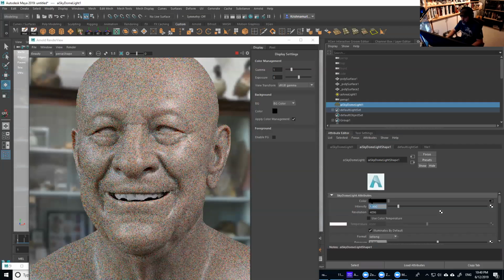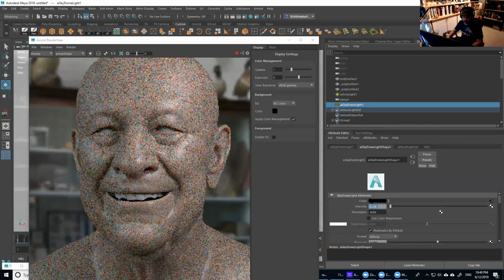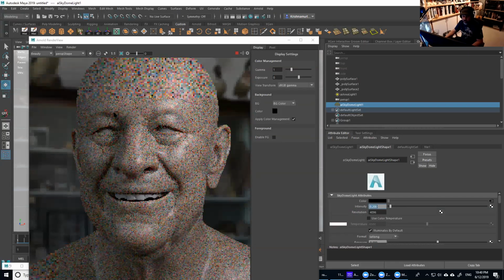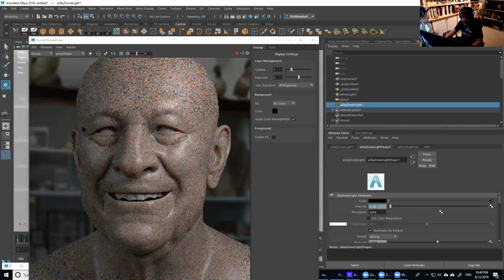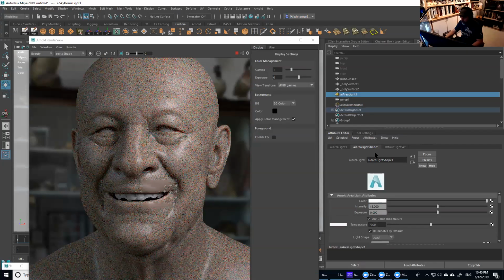Just to get a little bit of a bounce. So if I do half of that, even less than that, 0.2. So I get the reflections, but not everything too overwhelming. I get a little bit of bounce light on that side, but my primary light is this one coming from the area light.